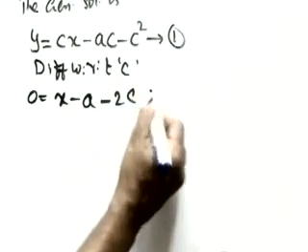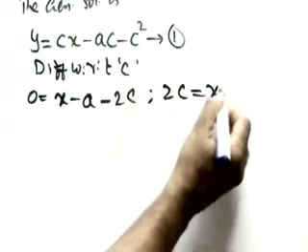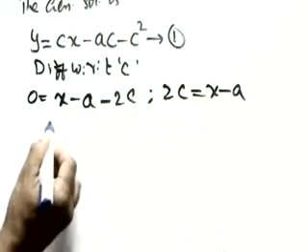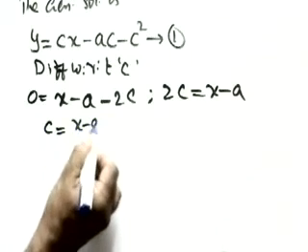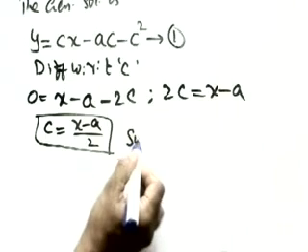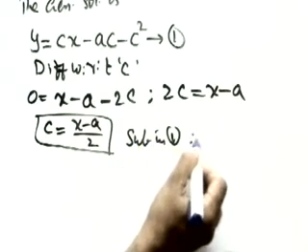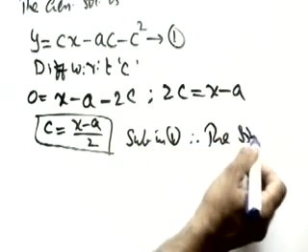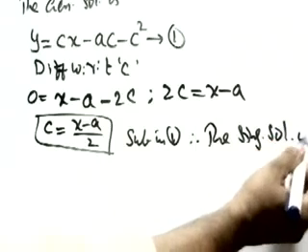Bring this minus 2c here, it will be plus 2c. So 2c will be x minus a. Bring 2 also there, so c equals x minus a by 2. Now let me substitute this in 1. Therefore, the singular solution